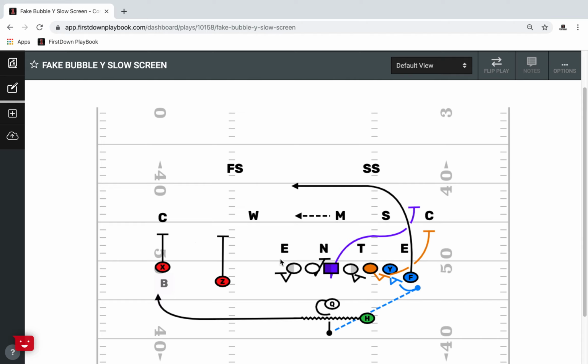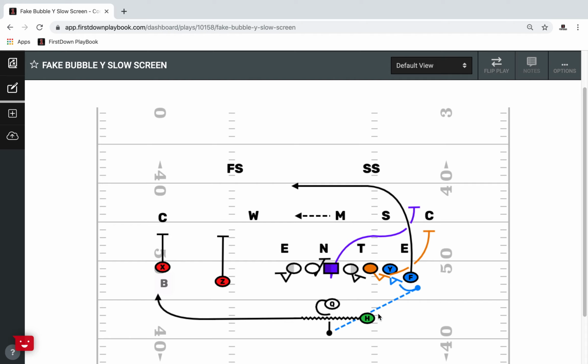The quarterback will take the snap, fake the throw over here to the bubble side, which is obviously going to influence not only the safeties, but probably a backer, or maybe two. The motion will already have had some effect on that, whether it's zone or man. The quarterback will pirouette, lose ground, and then look for the Y, who will protect first and lose this end in an overfront up the field, and then find a way to turn inside or outside to create a throwing